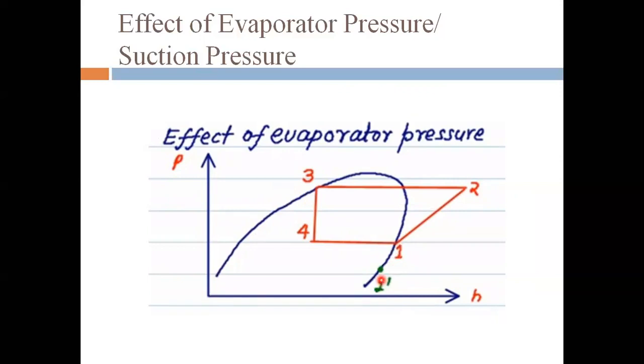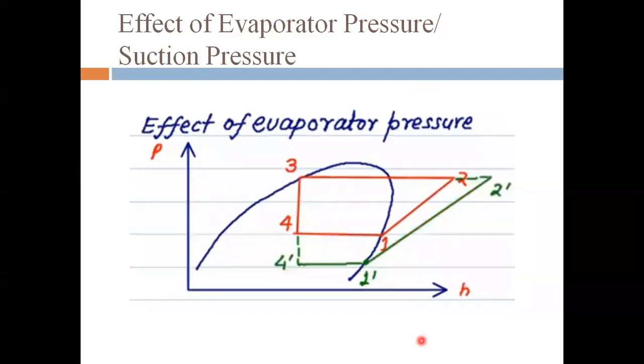And then analyze what is the change in the COP of the particular VCRS cycle. So the cycle has been changed. That is, 1 to 2 dash is the compression work, 2 to 3 is the condensation, and I want to do more expansion, that is 3 to 4 dash, because the evaporator pressure is lowering. So the expansion is also higher, that is 3 to 4 dash, and there will be the evaporator process 4 dash to 1 dash.